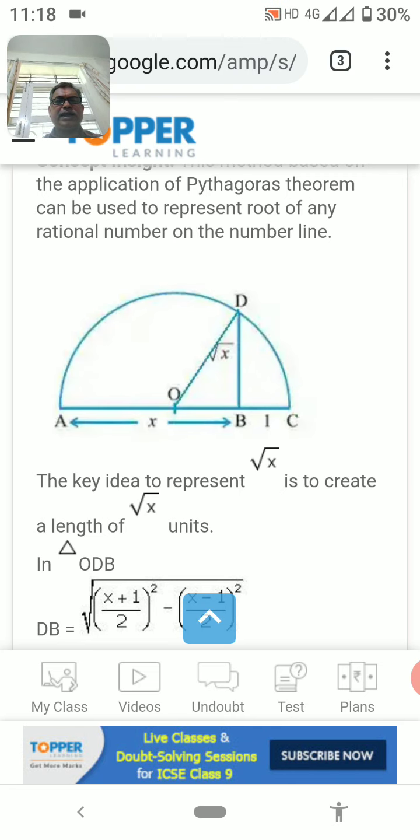So AC is totally a semicircle. Take the midpoint of AC, that is O, and draw a semicircle. And simply from point B, using a set square, you can draw the perpendicular to intersect the circle at D. So distance OD is the radius, and this distance is BD. So distance BD is root x. Simple. Take this distance BD on a horizontal line, and you can locate that point on the number line.